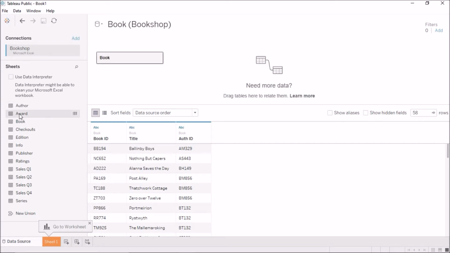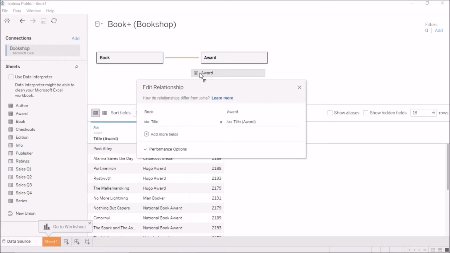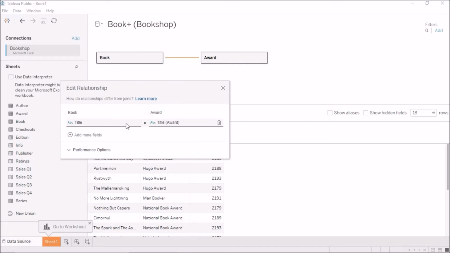Now I'll drag this award table, and you will see this relationship noodle appearing. This is similar to a join, but we are not exactly joining these two tables. In this edit relationship pop-up, I am being asked to tell Tableau on which column I want to connect, or a better word, relate, these two tables. I have this equality sign, and nowhere is Tableau asking me to define a join type. The join type will be automatically chosen by Tableau when we are doing any kind of visualization, so it is deferring this decision to that stage.